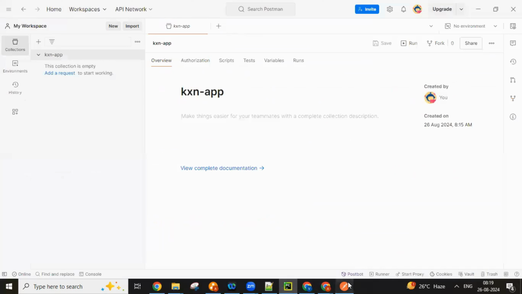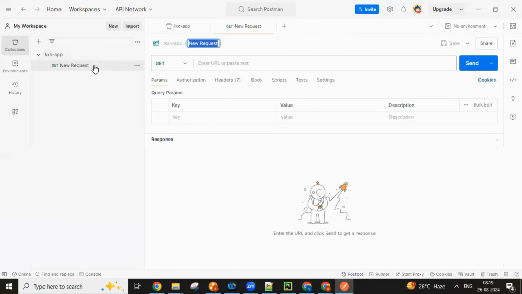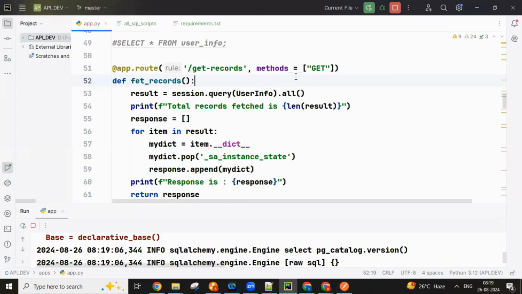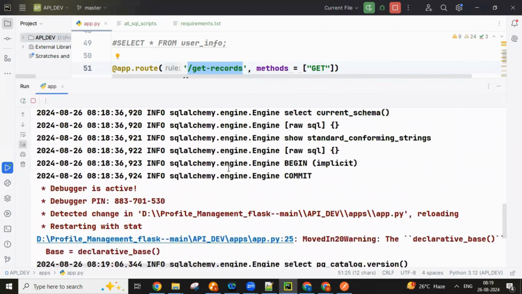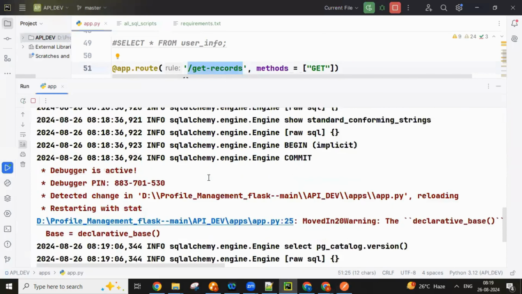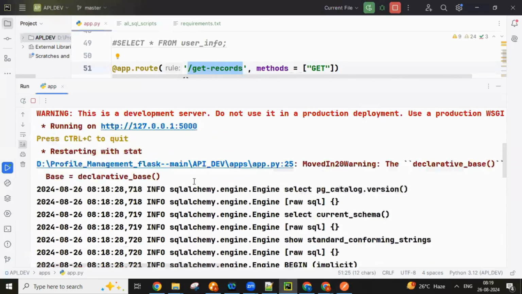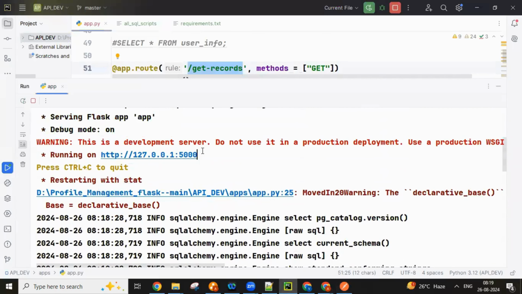So if I go ahead and test the API, see, in the KXN I created one app. In this, what is the method name? Go back to the code. Here the API name is get records. This is the first thing, and you need to understand in which port the application is running. So when you go to the browser, yeah, here this is the application URL,